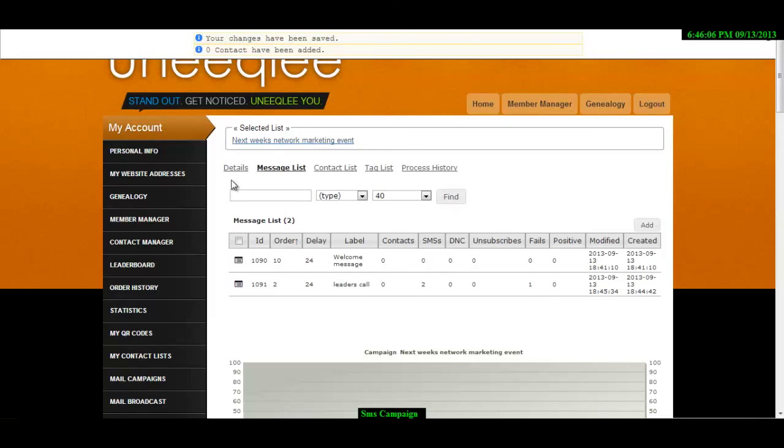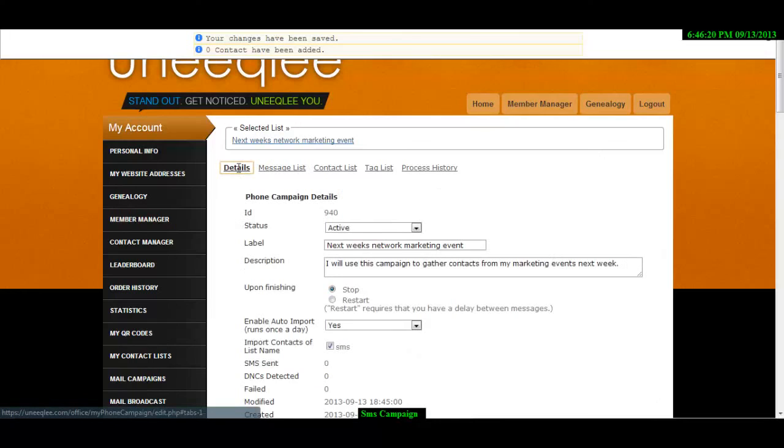edit an SMS campaign. Now one more point of interest for you guys is that if you want to edit any of the text in one of these messages, you would have to go in to your details and once again click and select it as inactive and save it before you do any editing, and then go back into the details, select active, and press save before it goes live again. And that's it, guys. That is how you create and edit an SMS campaign and create the messages that go